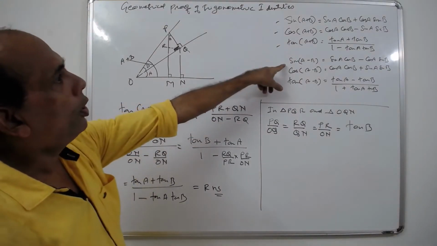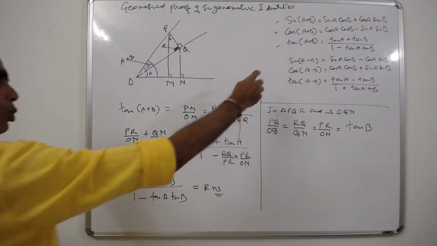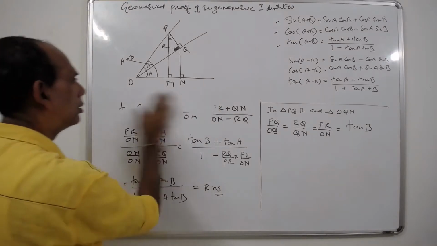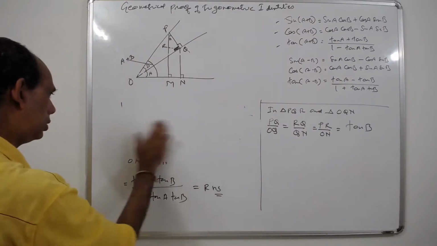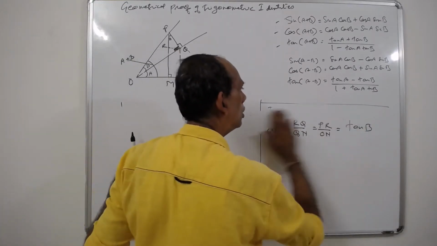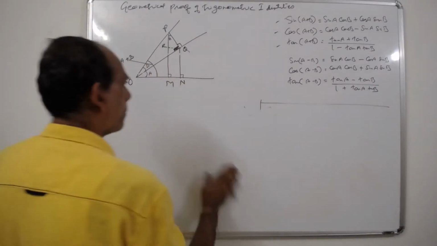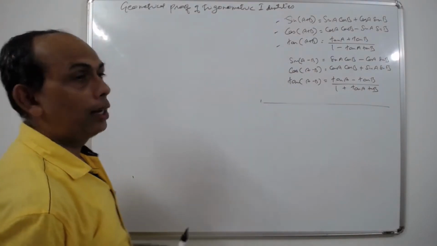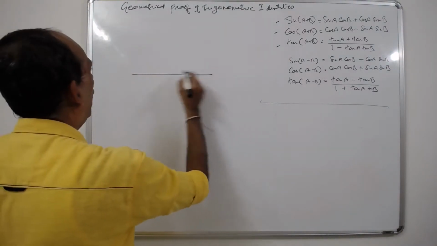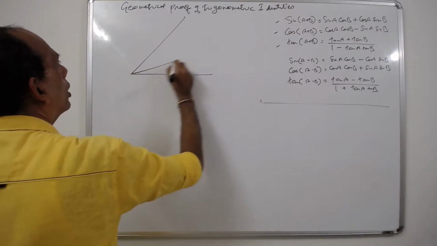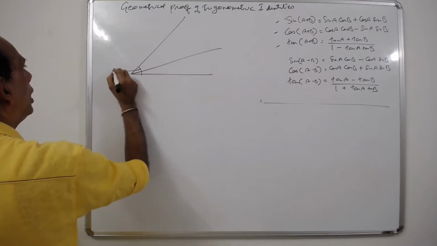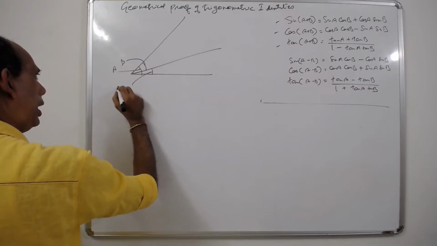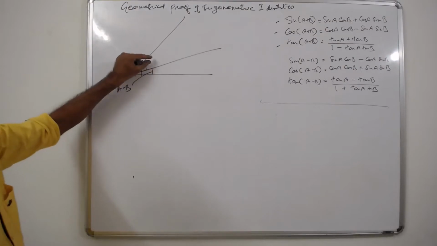Now let's go for the fourth one. To do the fourth one, we have to change the diagram. We have to alter it slightly. I'll wipe this part. Here we want a difference of the angle. So we make a bigger angle first, A, and then make it a smaller angle, B. So this is A, this is B, and this is A minus B, right? The difference of the two is A minus B.